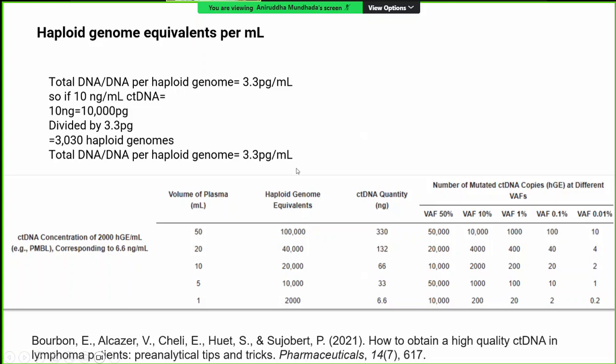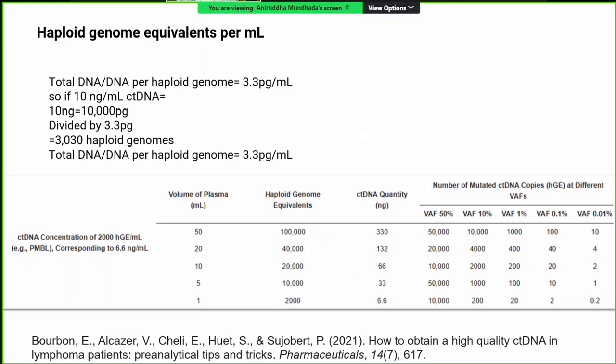So if there are multiple mutations in ctDNA, it will lead to a much larger variant allele frequency, and that would be easier to capture by the existing sequencing technologies. But usually the ctDNA concentration is limited, and the volume of plasma is limited to 5 ml, for which we have a limited quantity of ctDNA, and the assay should be sensitive enough to detect a variant allele frequency of 0.1 or 0.01%